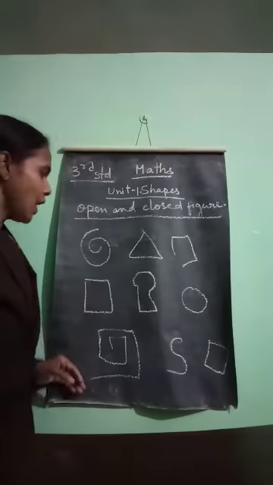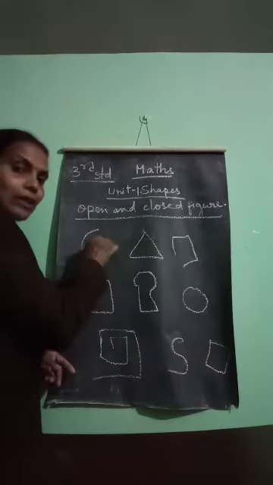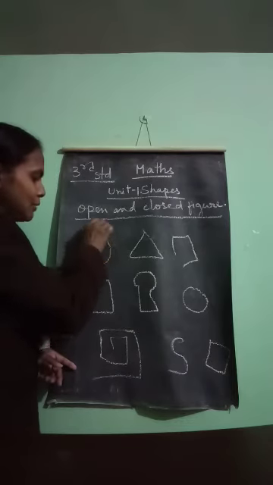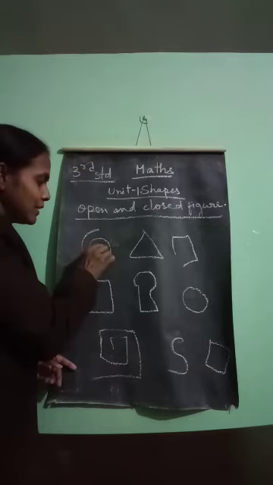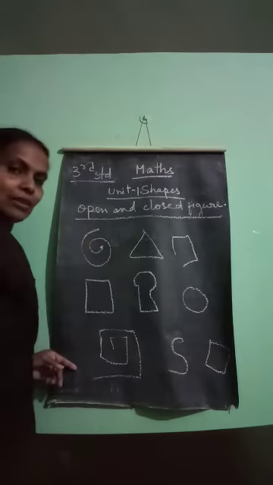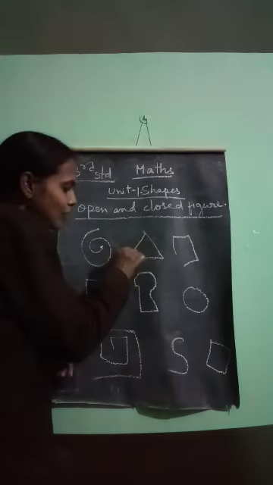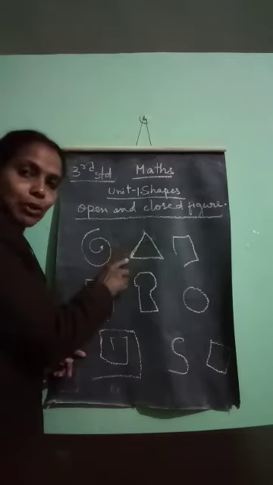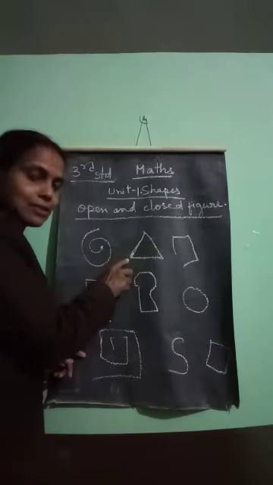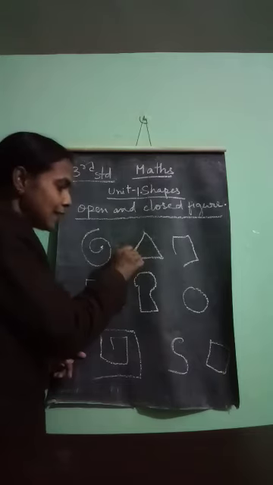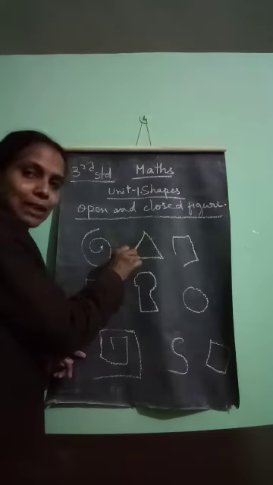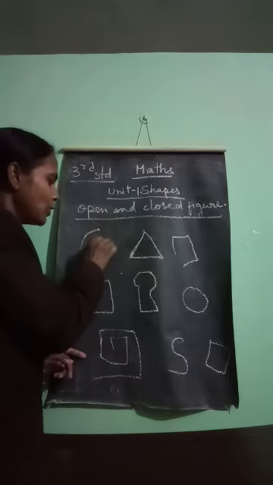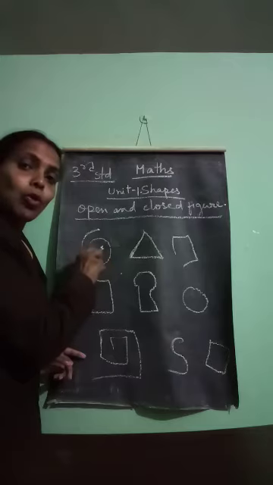Have you seen the picture? Now here, see, the starting point is this one and I have drawn like this. So here the starting point is not the same. It is different. It is starting from here and it is ending here. Now if you see this picture, it is starting from here and it is ending at the same place. Means start point and end point are at the same place. So the figure where start and end are at the same place is called a closed figure. And when start and end points are not at the same place, that type of figure is called an open figure.